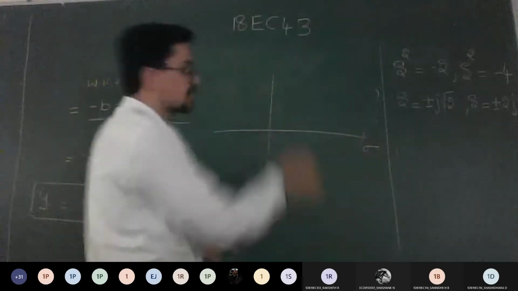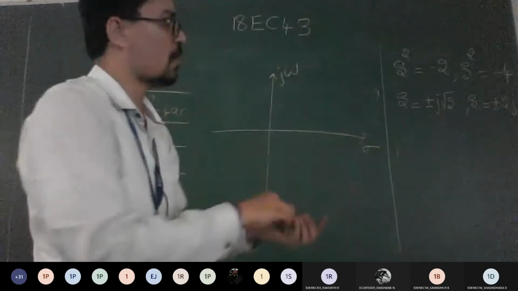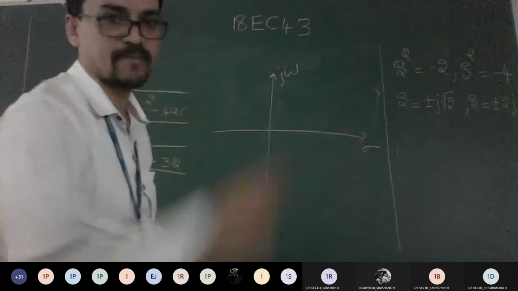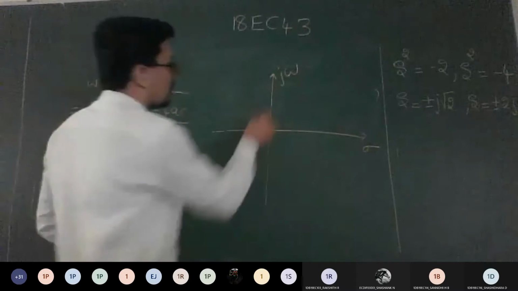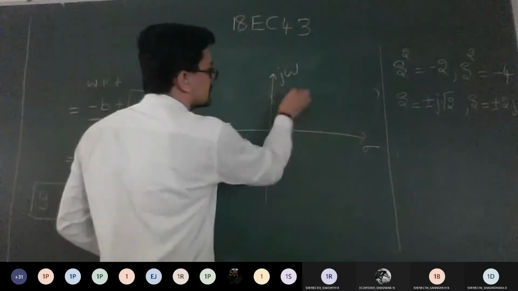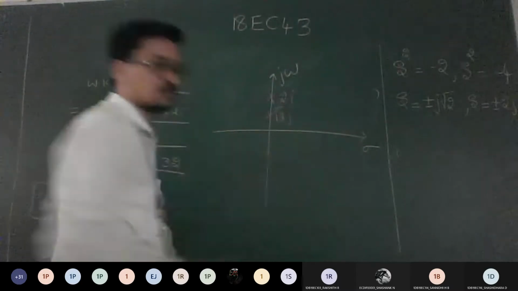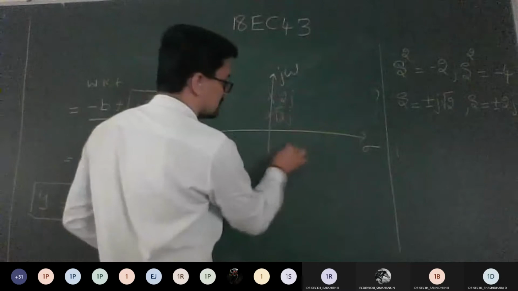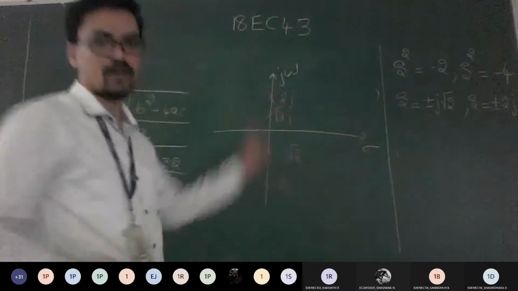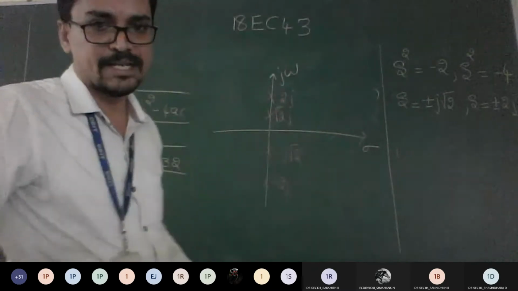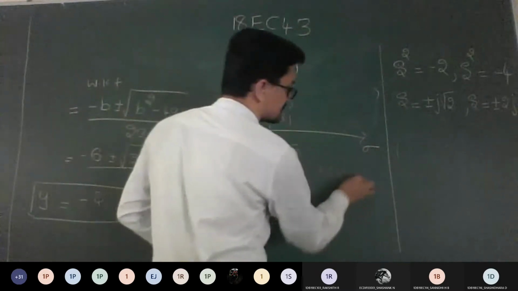This is your real part sigma and this is your imaginary part j omega. What are the answers you got? You just plot that here. One is plus 2j. Everything is j, which means it comes on the imaginary axis only, so only on the y axis. I can plot 2j here. Similarly, I can plot root 2j also. Similarly, minus root 2j and minus 2j. So we have 4 poles lying on the imaginary axis. Hence, the system is called marginally stable.